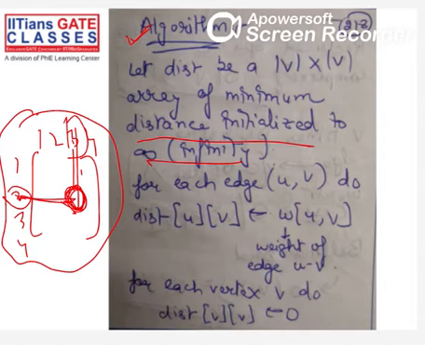Once you do that, because we are talking about simple graphs, self loops are not allowed. Since self loops are not allowed, the distance from 1 to 1, 2 to 2, 3 to 3 will be 0, and this is why I have initialized this as 0. For every pair v comma v, 1 to 1, 2 to 2, 3 to 3 and 4 to 4, you initialize it as 0, and this part initializes all the weights given in the graph. Basically you're using your adjacency matrix as the representation of the graph.